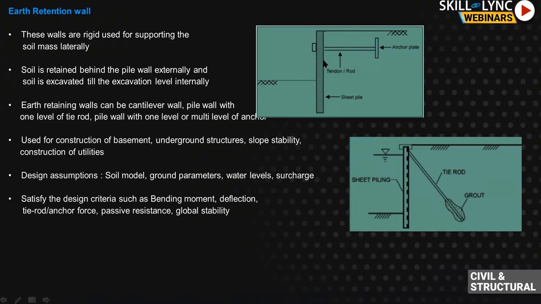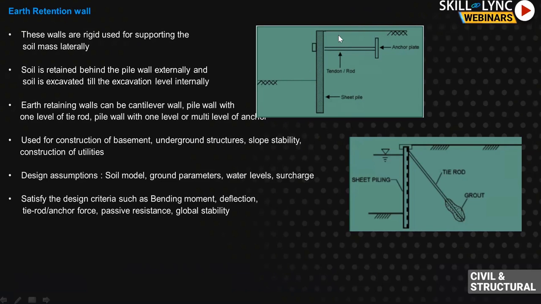Once you have a cantilever sheet pile, it is only for shallow depth, maybe 3 or 4 meters. Cantilever sheet pile is nothing but without any supports. Without any support, the cantilever sheet pile itself will support your soil mass laterally. But once you have your foundation load, any type of load, maybe a building load nearby your excavation, it can be a crane load also, like any moving load.